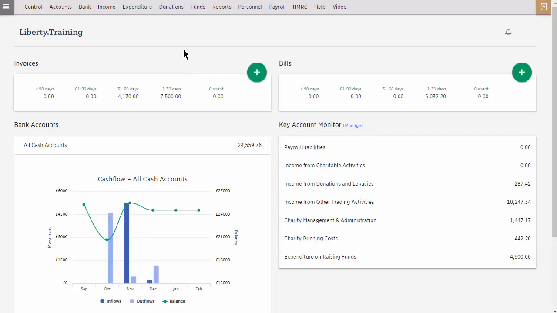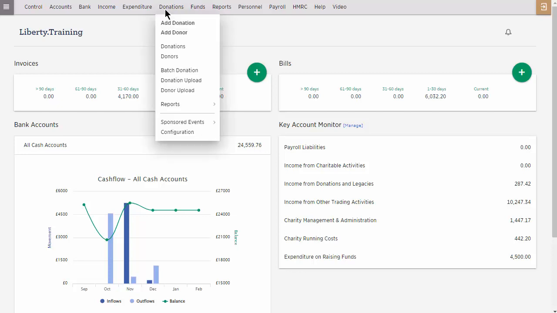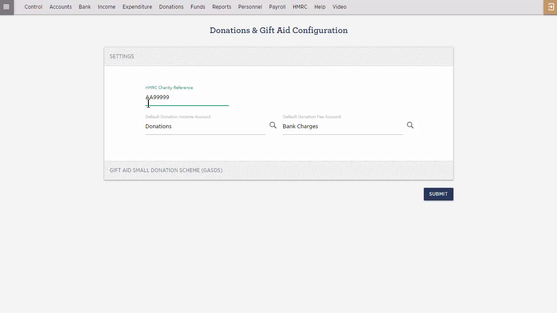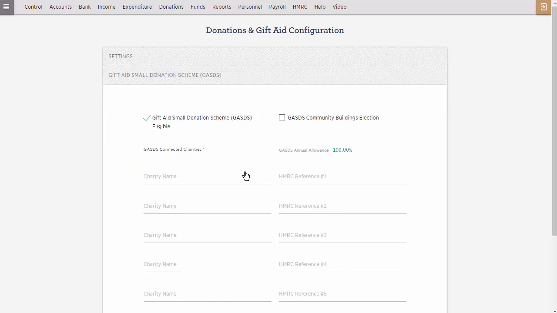In this video we're going to look at recording donations, but we'll start by looking at the configuration. Under the configuration you can enter your HMRC charity reference, a default income account for donations, and if you were to incur any charges, which account should be charged. If you're eligible under the Gift Aid Small Donation Scheme, tick for eligibility, as well as community buildings election, but